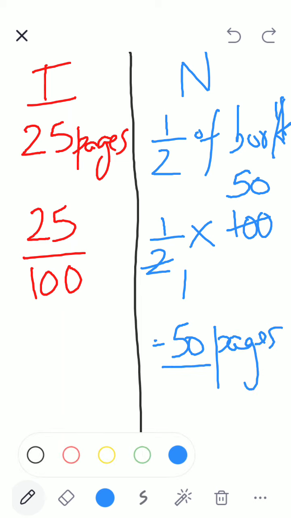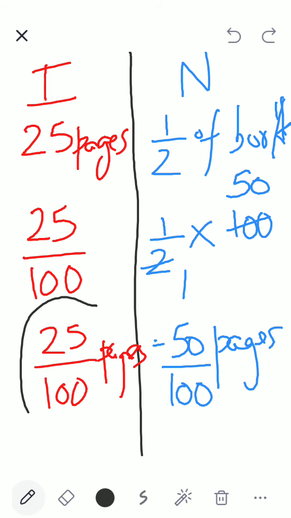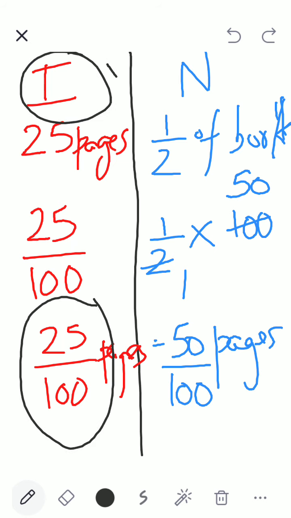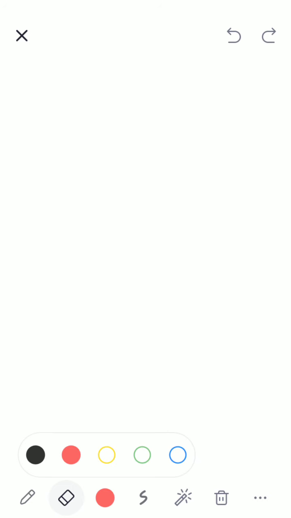50 out of 100 pages. And how much was Isha? 25 out of 100 pages. Correct? Who read less? So Isha read fewer pages. Simple. There is another method to do. Suppose now this method you have written down, children. So your answer will be, children, note down how I'm writing the answer.